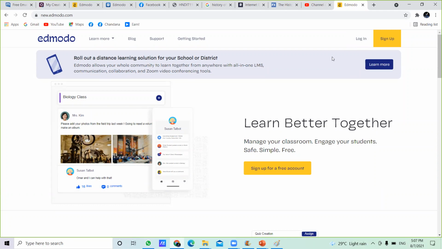But if you are creating your student account for the first time, in that case you want to select this option. In the right upper corner, there is a yellow button, sign up. Click on the sign up button here.